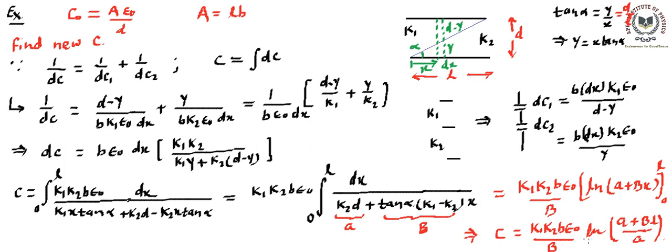So from here we can write our answer, which is going to be a bigger answer. So what you can do, you can put the value of B, put the value of tan alpha, and write your answer. You can remember that answer, or at least you can have an idea that the capacitance is in terms of ln. If it is a question in the examination, then you can mark the right option, which has the ln value as well as these numbers.